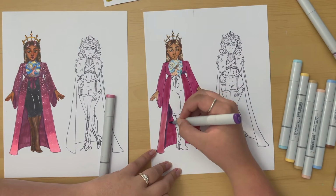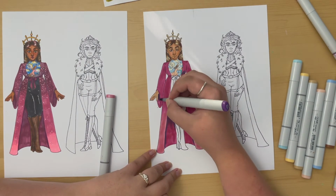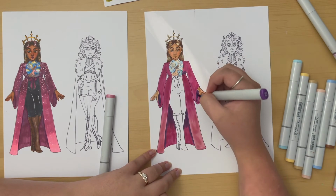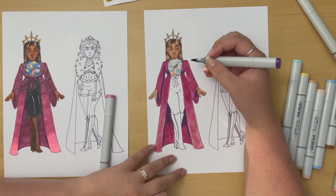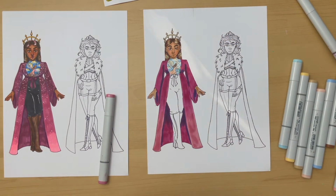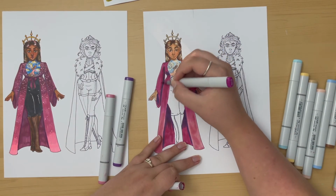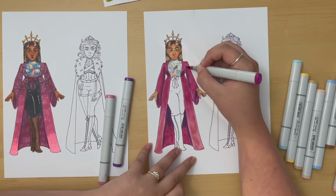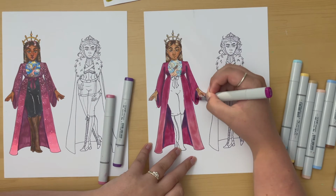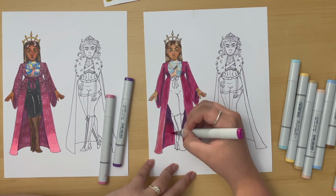You're not done with me yet. Anyway, another thing I loved about my Copics is I had colors that were able to, even if they weren't super close, super great matches, such as this purple, it was a little dark, I was able to blend it to the point where I wanted it to look nice with the picture,